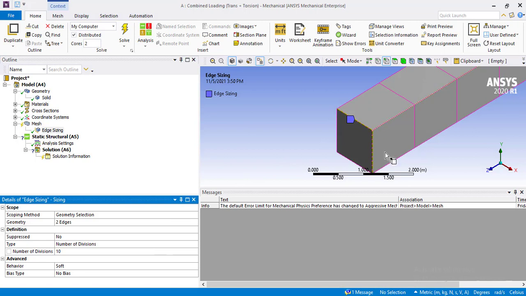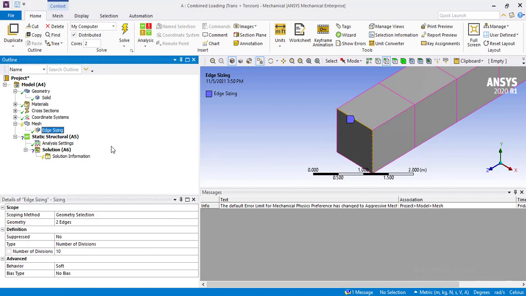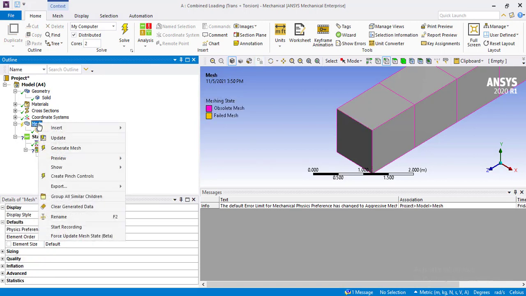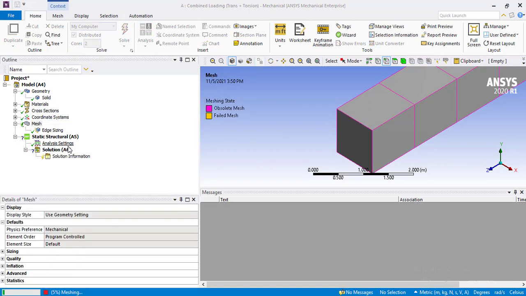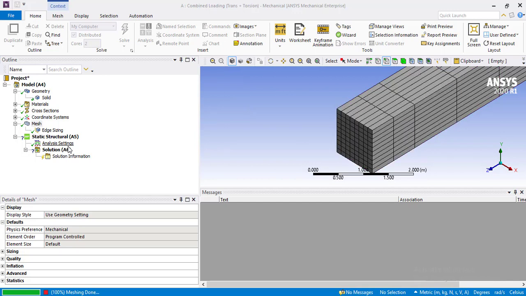Both of these lines will be divided into 10 equal parts. After dividing the line, generate the mesh again. Now as you can see, the whole body has been divided around these two edges into 10 equal parts. Kindly zoom to fit.